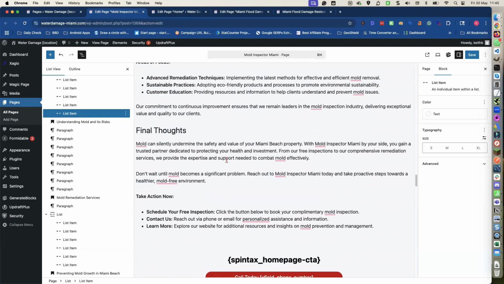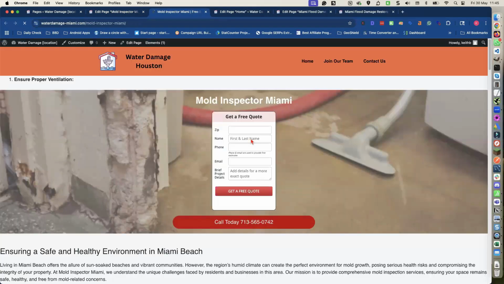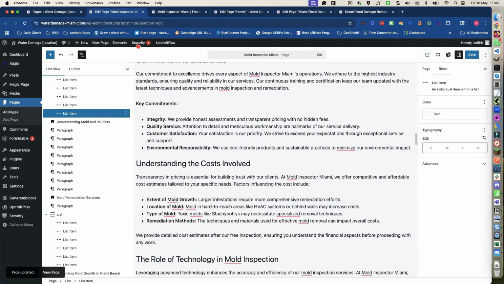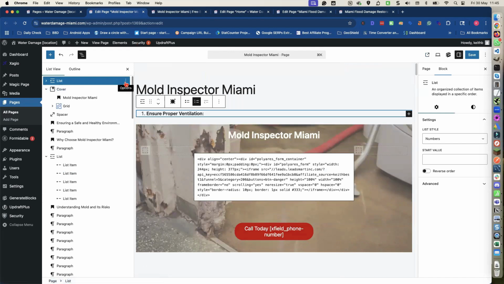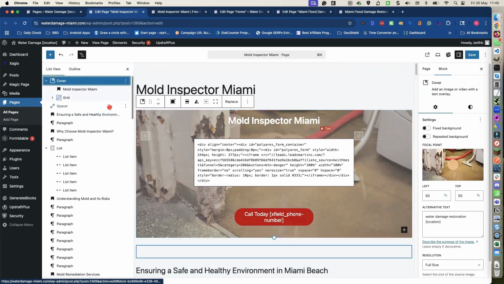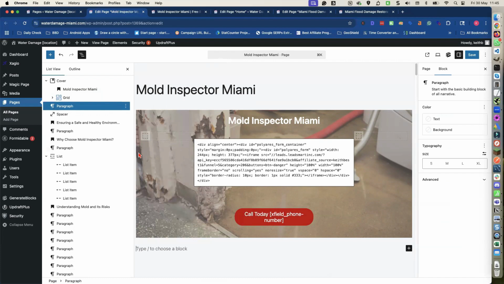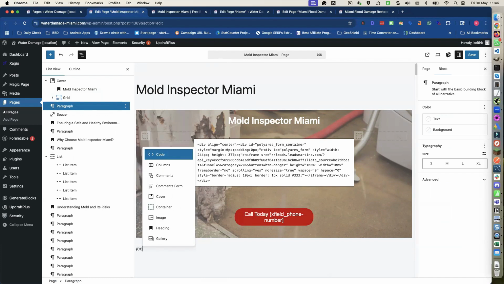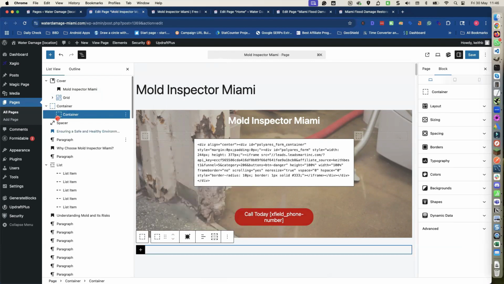That's basically 2 pages done. And if we save this now, oh, that's what I forgot to do. Oh, well, we've got a list at the top. Check out where that one's come from. Okay, so what we need to do here is add before, and we need to do container, inner container, cut that,